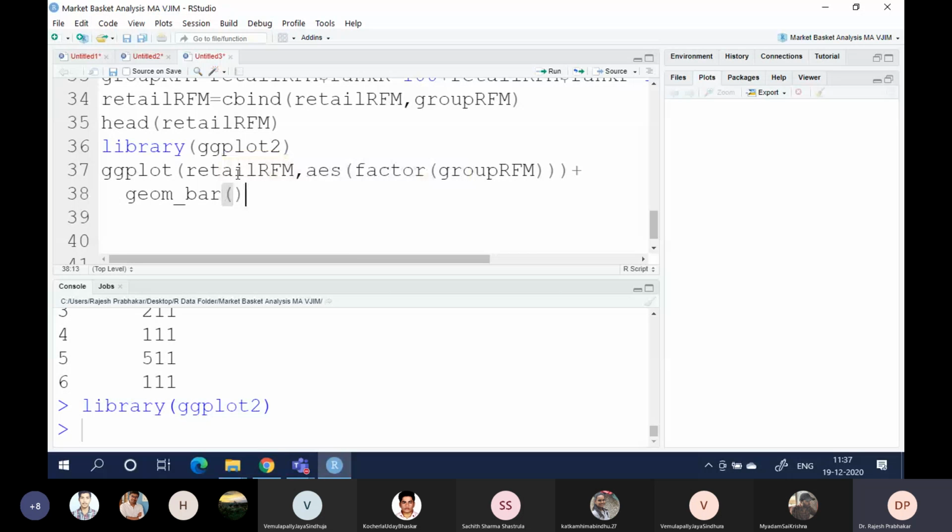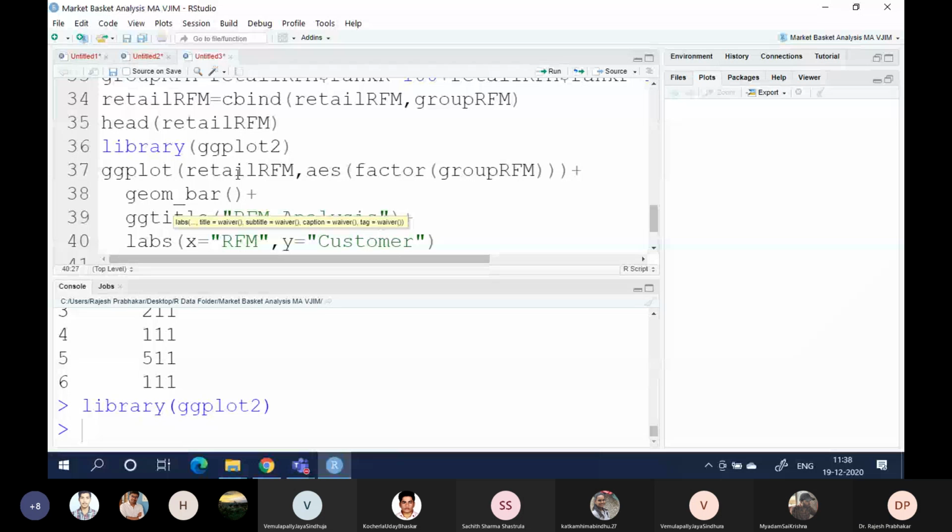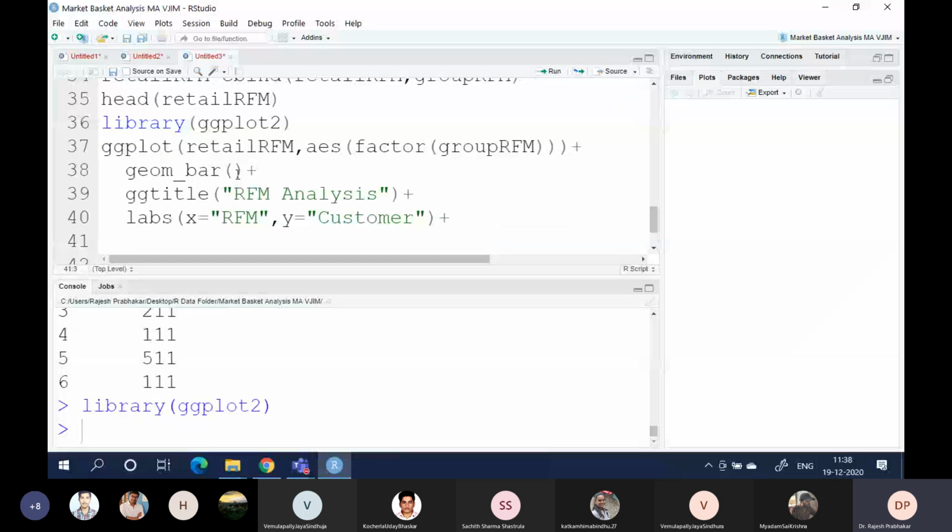ggtitle, the title of the graph is RFM analysis, plus labs(x = "RFM", y = "customers"), plus theme(plot.title